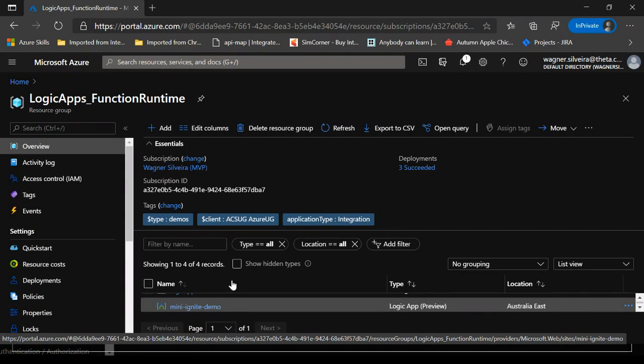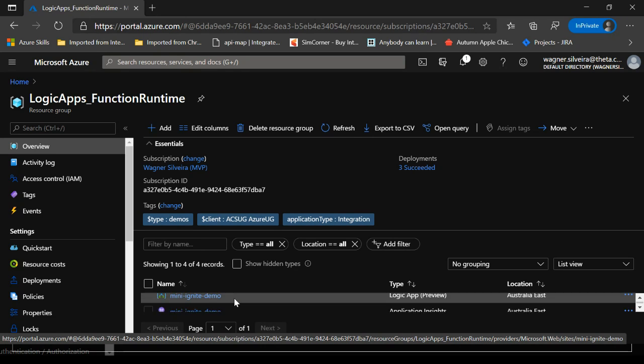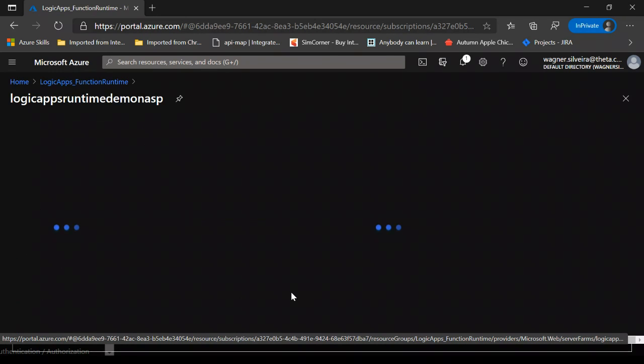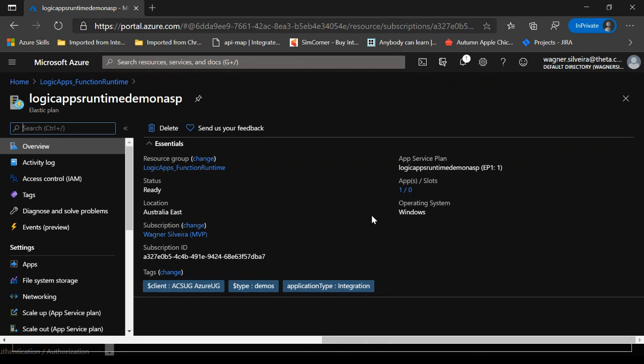Just show it from here. It is one of the functions premium SKUs, right? So that's at this stage probably the minimum required for the logic apps on functions to run, which makes kind of sense because you need to keep everything a little bit warmed up. If I go back to the presentation,